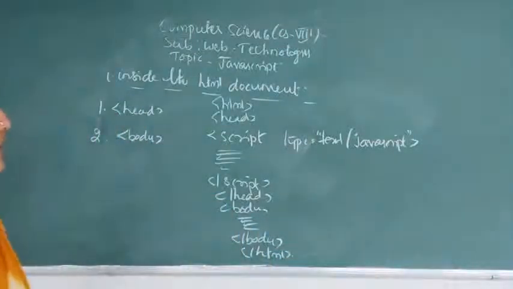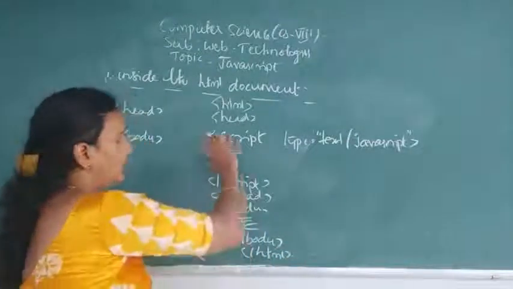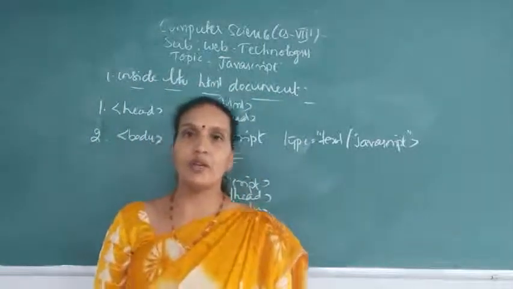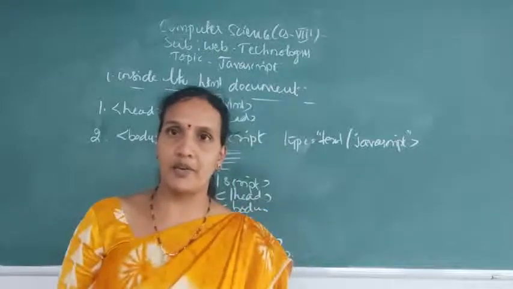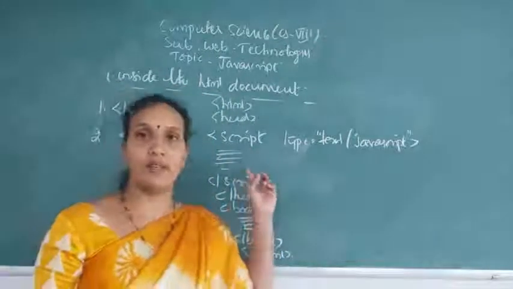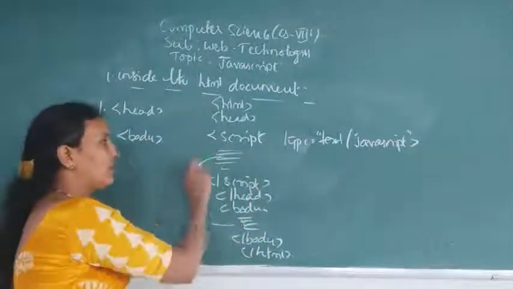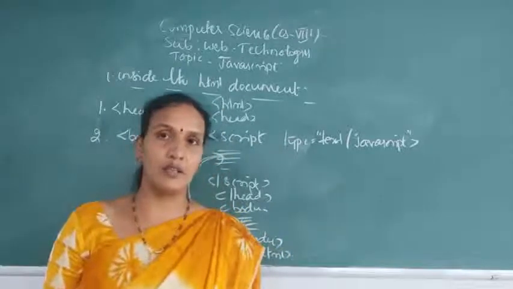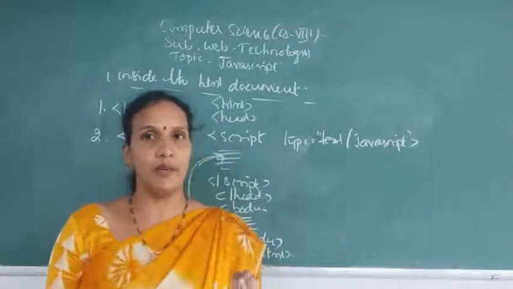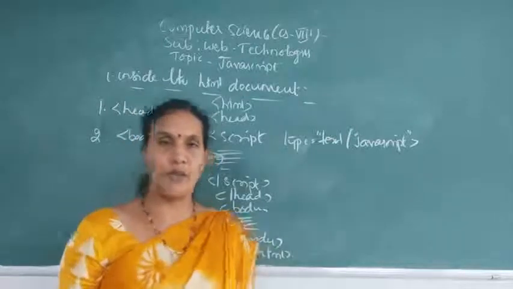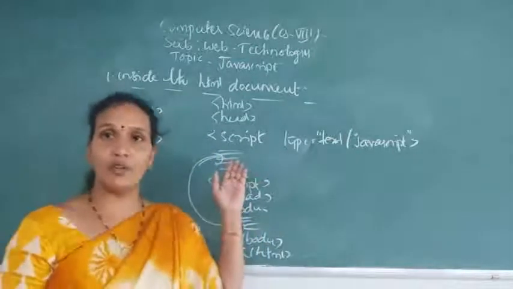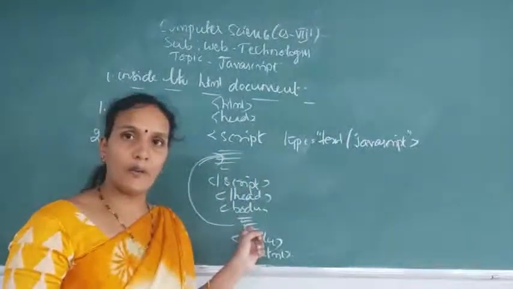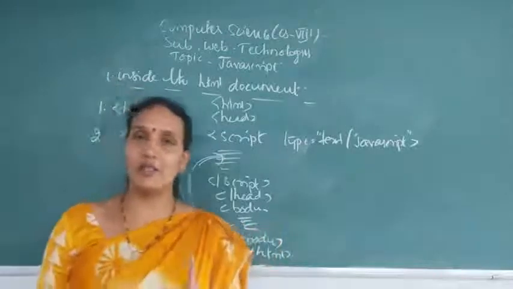So here, as we know, inside the head tag, whatever you write will not be displayed on the browser window. Okay, so inside the head tag, if you have written the script tag, whatever you have written inside the script is called from the body section. Because as we know, inside the head section, whatever you write will not be displayed. That should be executed from the body section. So if you want, you can give the functions inside the head section, that you can call from the body section. Okay, understood? So this is about the first method.